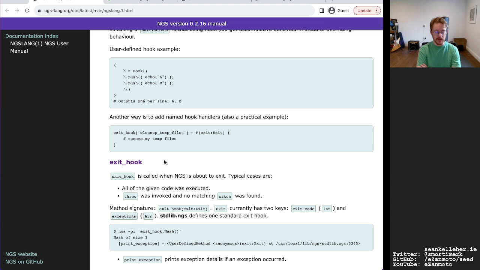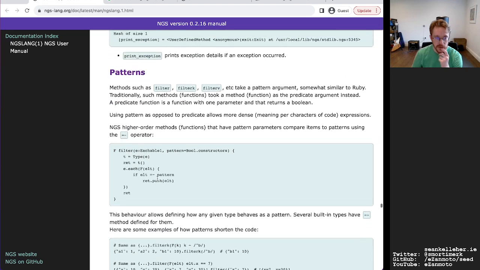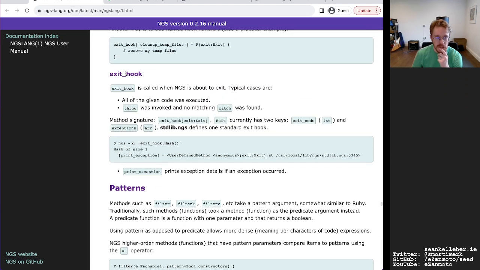The thing I'm interested in developing is a debugger, and I have a few ideas for how that will be implemented, so I'm looking forward to playing around with those. Exit hook, very useful, and very useful for bash scripts.